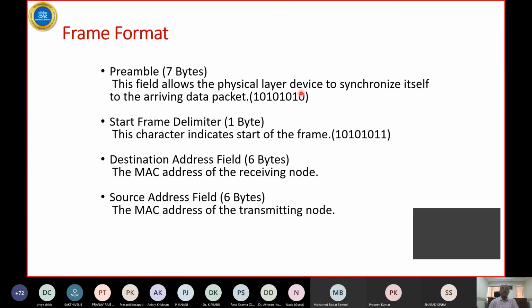Preamble, I'll tell you, is something that, to get from idle and latch on to the incoming bit stream, you need to have. So there are ones and zeros. If you notice here, the clock and the data keep ticking between 1 and 0. Thus, the receiver is able to use what is called a phase lock loop, PLL, or a version of that called DLL, which is digital in nature. So it's able to latch on to the packet.